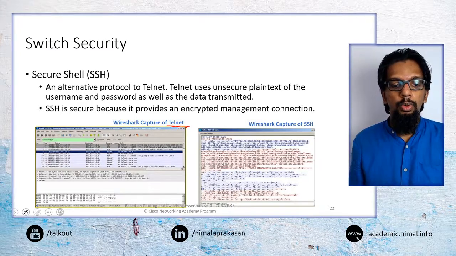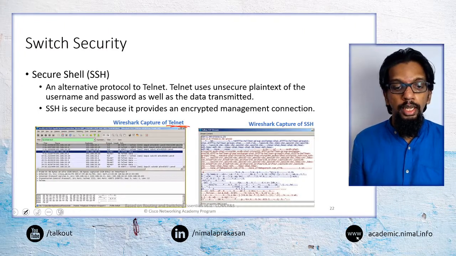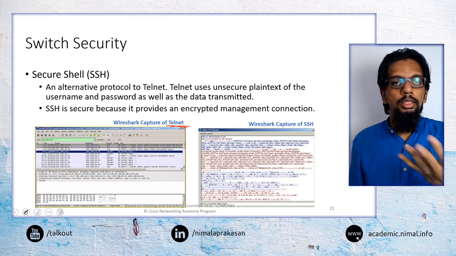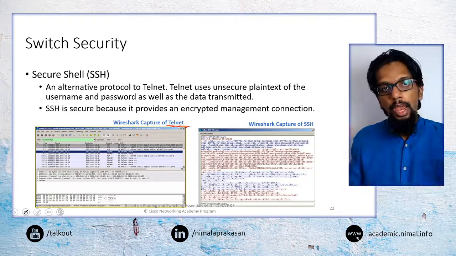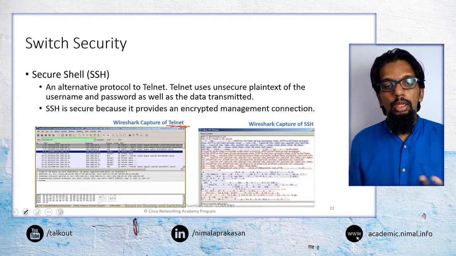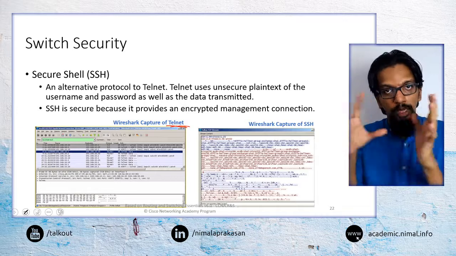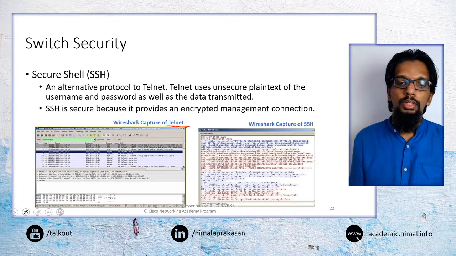It's a plain text protocol, so the passwords and everything will normally be transmitted in plain text. Just by capturing the packets on the network, we would be able to see what's happening in terms of the communication of the network.